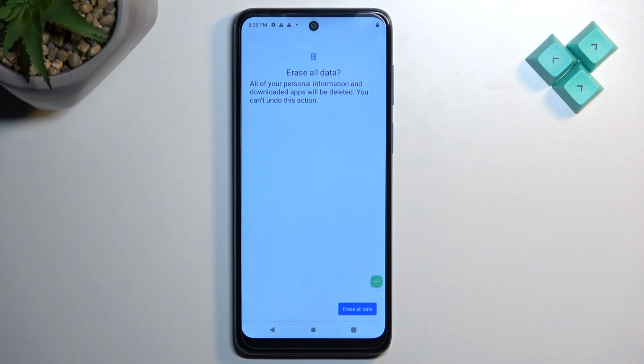Unfortunately, you will be taken back to the setup of the device, but at that point you can go through that setup however you want. You won't need to do any kind of bypassing like we did right now. It will be just a typical setup as any kind of brand new device would have. So there we go. So like I said, press on this button as a last step, and at that point